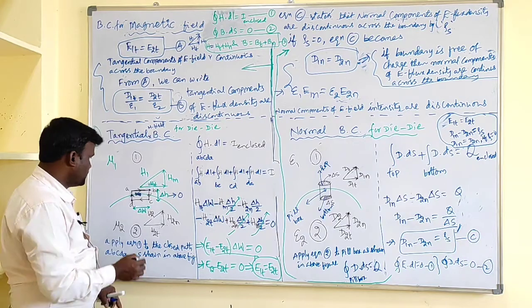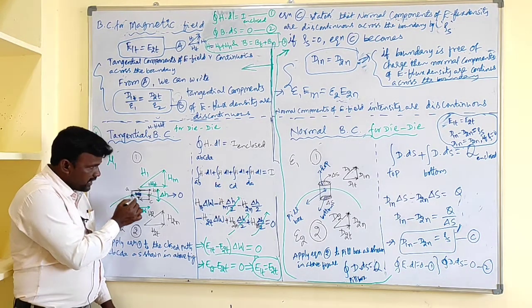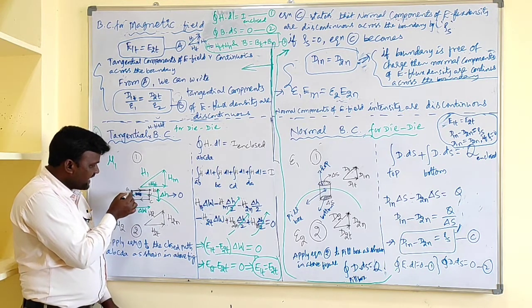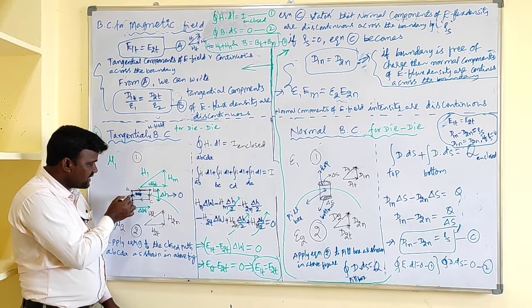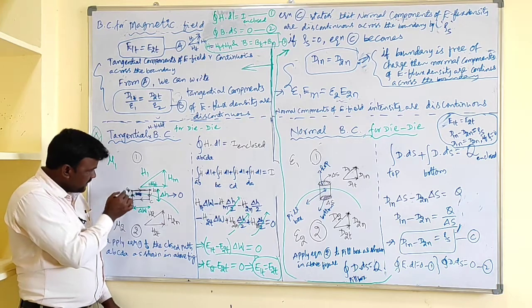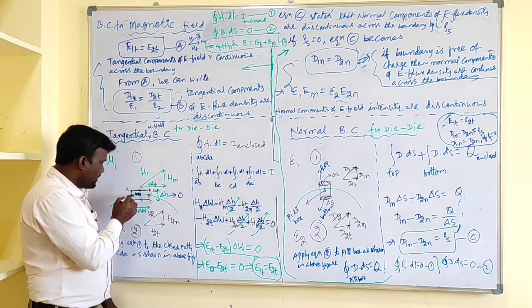Okay, so this is equally covered in the first and second medium. So the last parameter is related to what? From this point to this point, the integral of H dot dl means what? What about H? H is uniform in this direction. What about this? It is covered in the first medium. What about the field component? That is H1n. So that's why H1n delta, and the length is what?